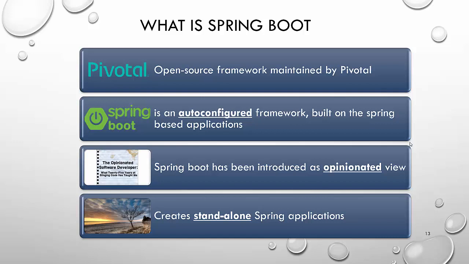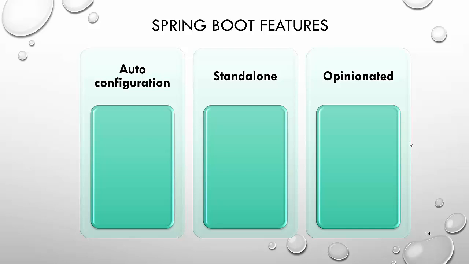So far, I used three main keywords: auto configuration, standalone, and opinionated. Now let's talk about those three features. First thing, auto configuration. Spring Boot is capable of changing the configuration automatically based on the dependency list. The intelligence that it has is that auto configuration will auto configure your application based on what dependencies you are adding. It is more aware and more smart.